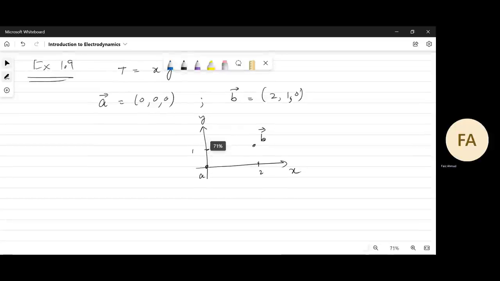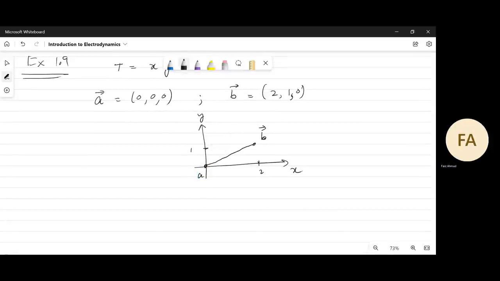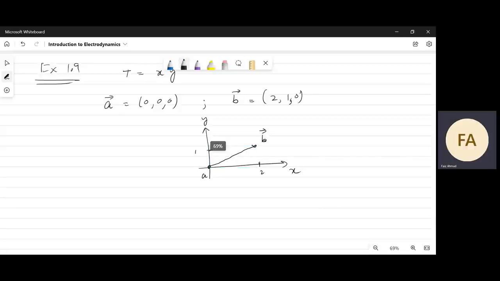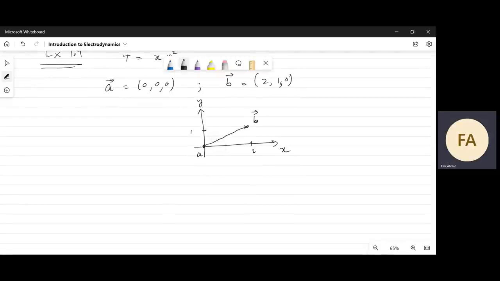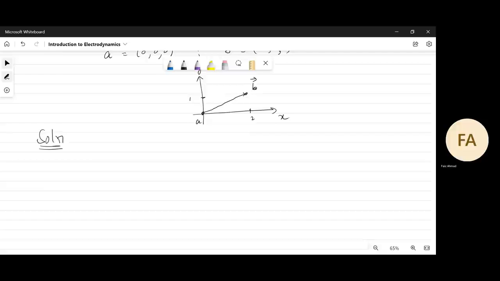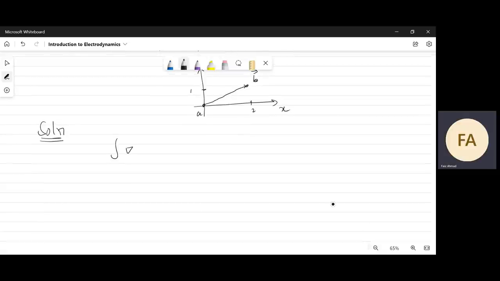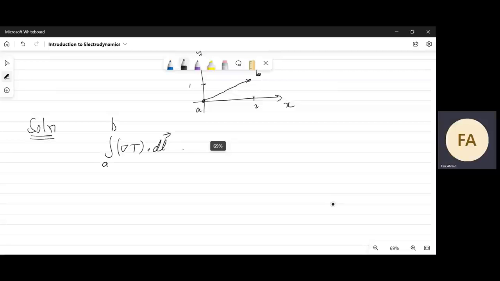So this is the line for integration from A to B. And so we want to check the fundamental theorem, and the fundamental theorem is the integral of del t dot dl from A to B is equal to